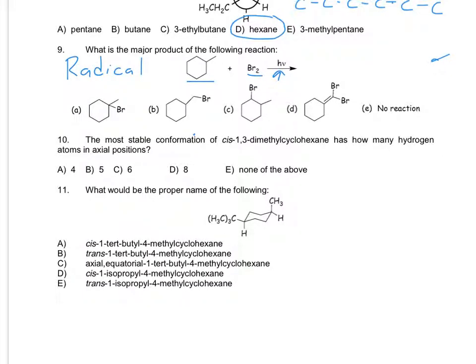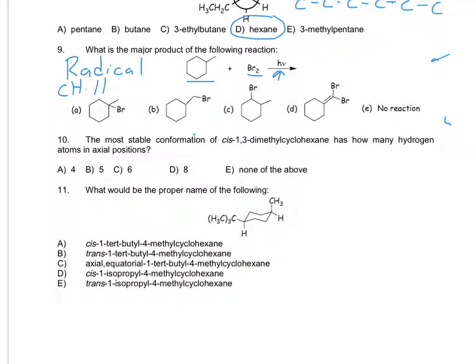You might want to review part of Chapter 11. There might be a radical of some sort that appears on some of these standardized tests. Most of our Chem 231 classes didn't have a chance to get to Chapter 11, and even if there is a radical question on a standardized test, there's probably only one. There's not going to be a whole host of these questions. So if you have a chance to review, that's Chapter 11